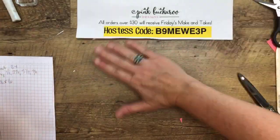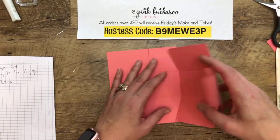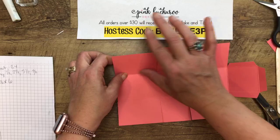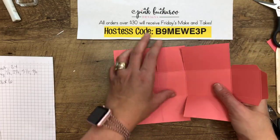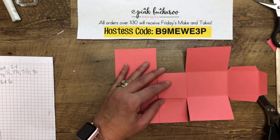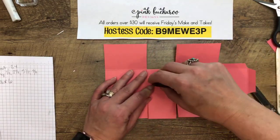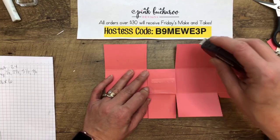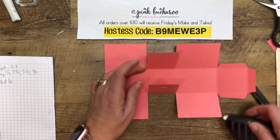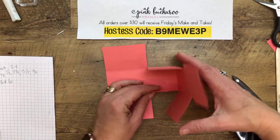All right, now this is the lid. So we want the front side to fold over so that we don't see the edge. So we're going to take the side with the lid and we're going to fold it up first. So take your adhesive, which mine has disappeared, and you're going to put adhesive, whichever adhesive you like, on the outside of these center squares. I recommend tear and tape or